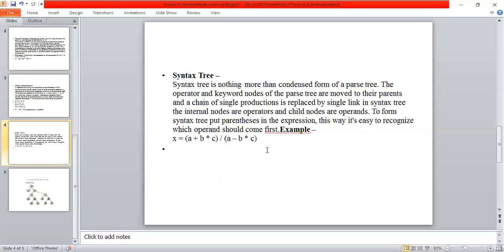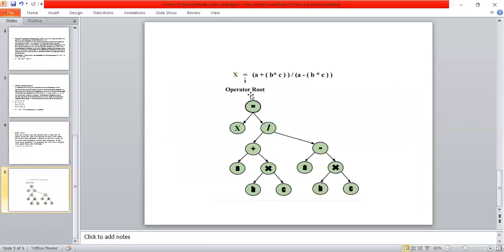Now, how do we construct the syntax tree for a given expression? We'll discuss with one example. Suppose I have the expression x = a + b * c / a - b * c. This can be constructed in the following diagram.